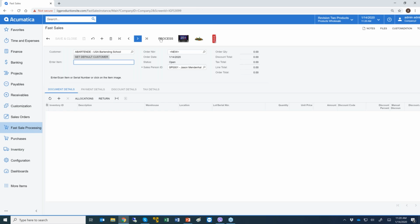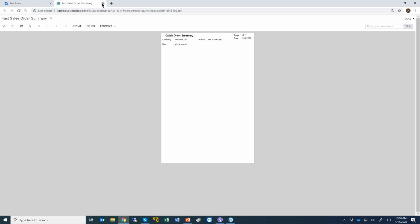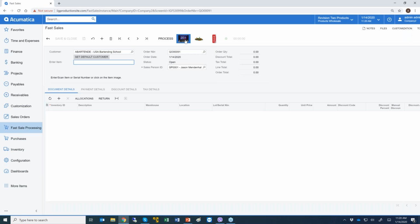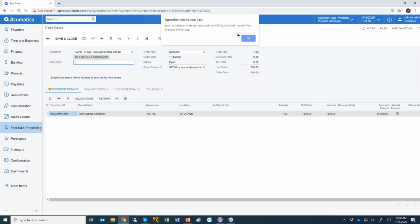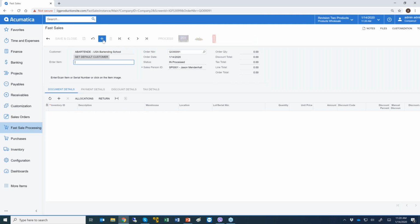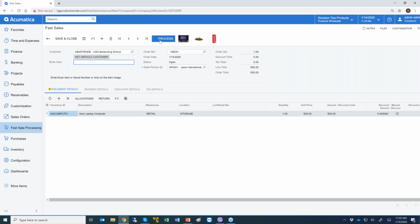So if I do the same thing and process a transaction, just click on an item, load an item, I could process it without entering any payment, and then I could go to my transaction and process the payment at a later time